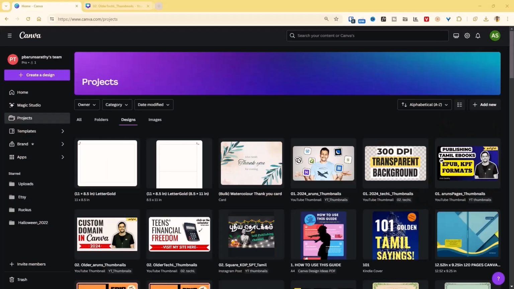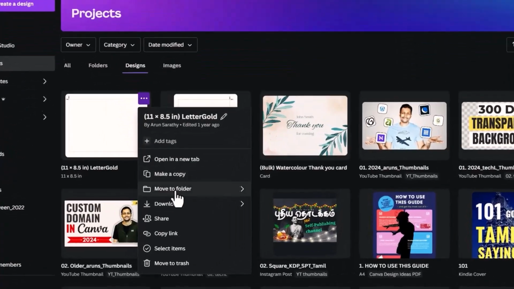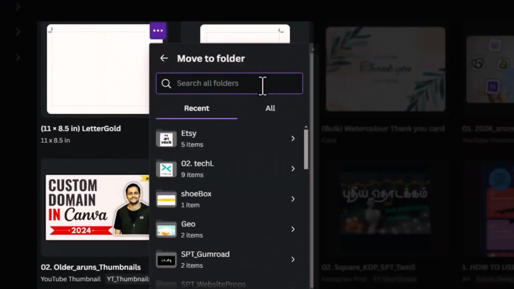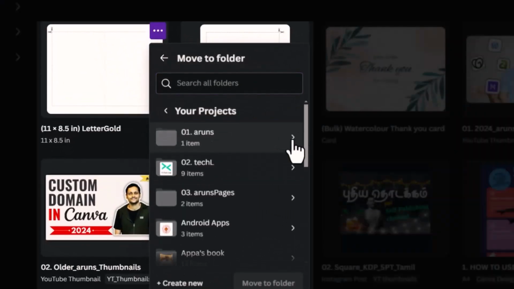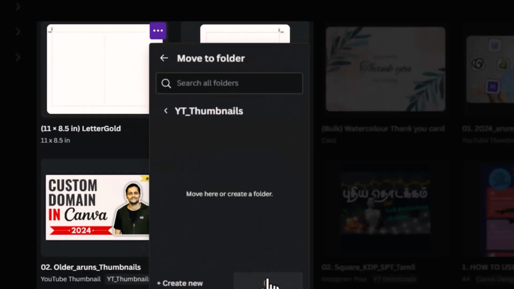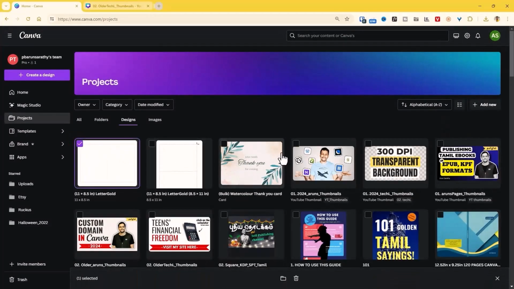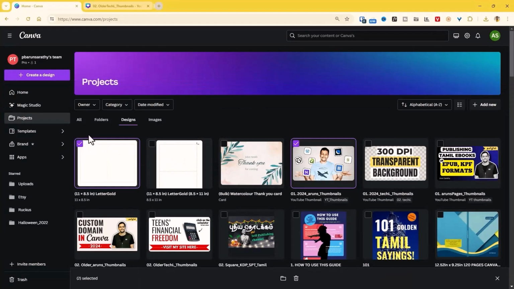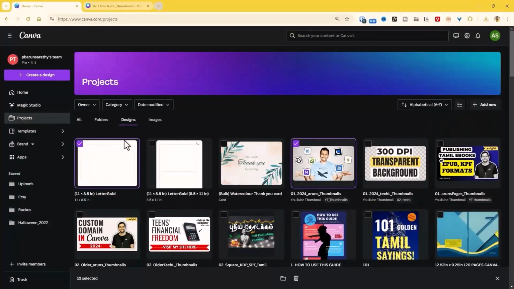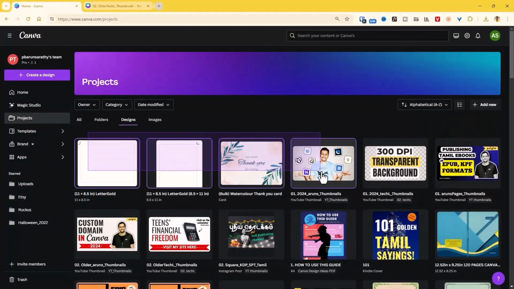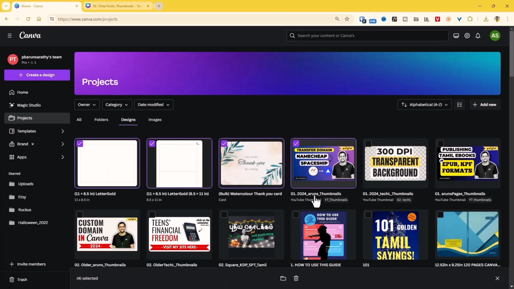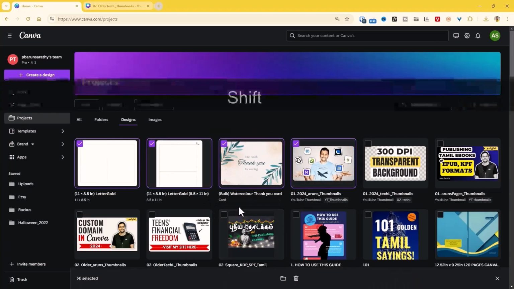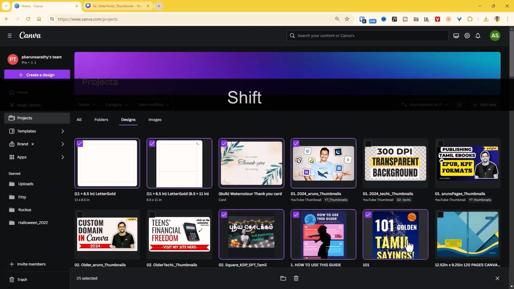Okay, when you are using the 3 dots menu to move to a folder, use the search feature or go all the way to the all section and then to your projects folder and then choose your destination folder. Additionally, if you want to move designs in bulk, you will soon notice that holding the shift key won't help while selecting a range of designs. Instead, here's what you need to do. You can click and drag to select multiple items that are nearby. For items that are at different spots, hold your shift key now and do the dragging.